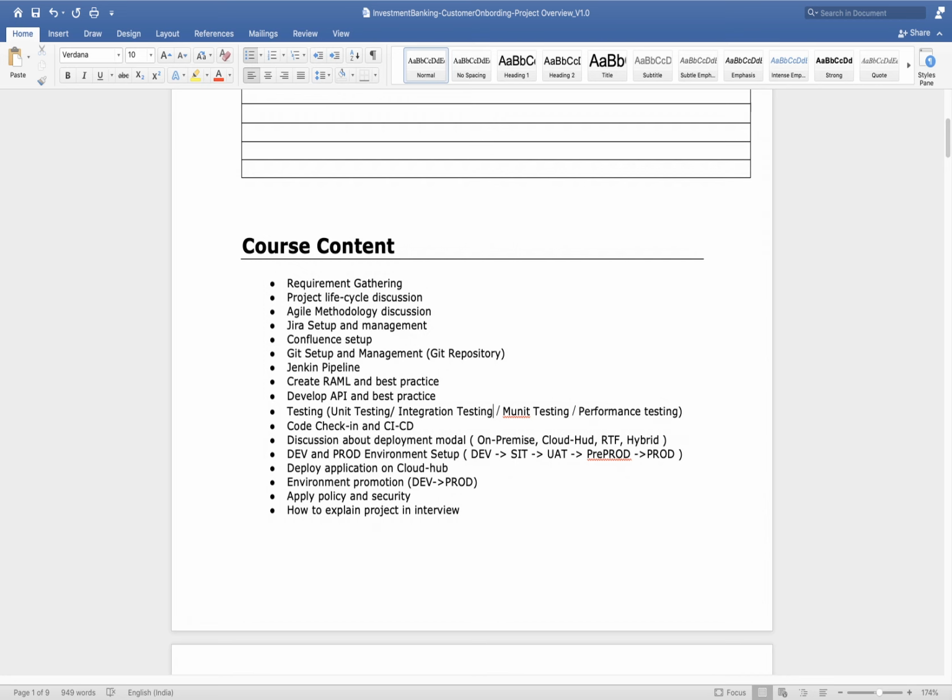Another scenario: whenever you write any file on a target system, with the file connector, FTP connector, or SFTP connector, it will write in .txt, .json, or .csv format. It will not zip your file. If you want to zip your file, you need to handle it manually.